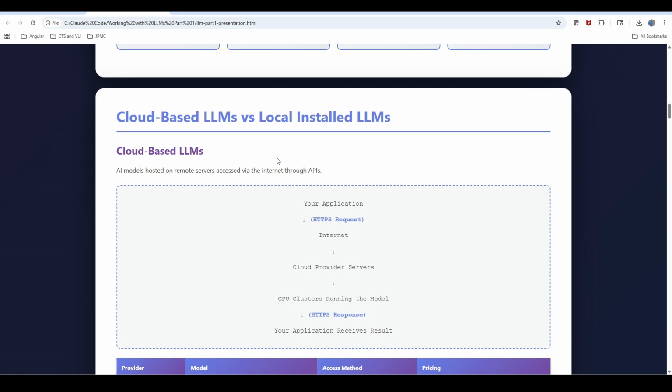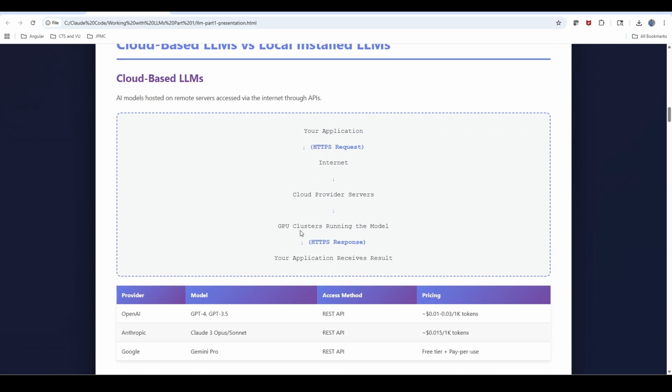So these bigger organizations host LLMs in their cloud, and then they provide them as REST APIs, right? For example, if you take any application, you send a request to the cloud provider's servers, and then finally the cloud provider or SaaS provider of the LLM takes the request and is able to give the response. So that's why most of these popular large language models are hosted by the bigger companies.